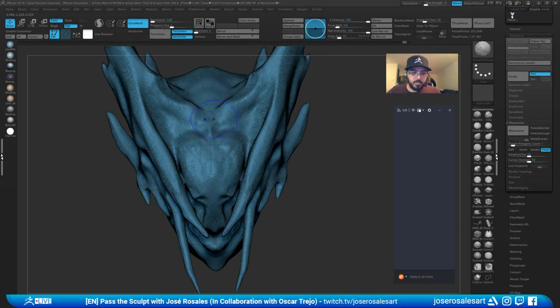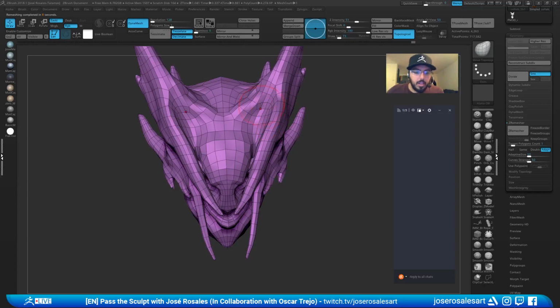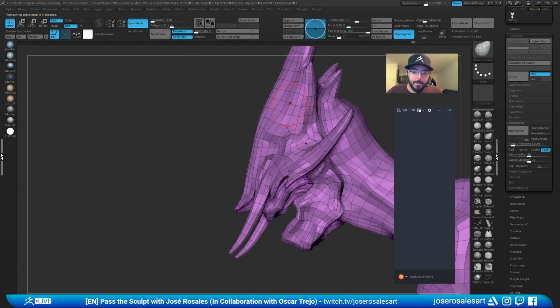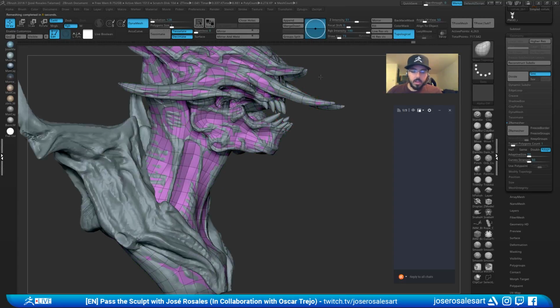I just don't like how it's looking here in the center. Just want to have a little bit cleaner topology. Like this. And I think this is perfect. And now